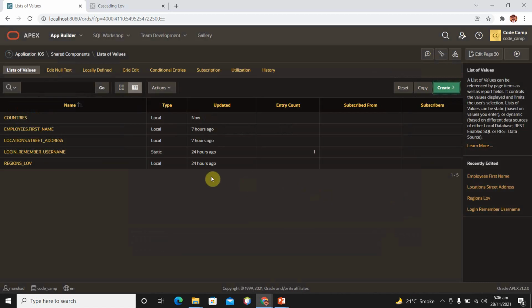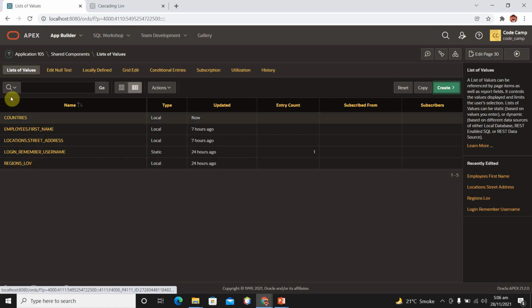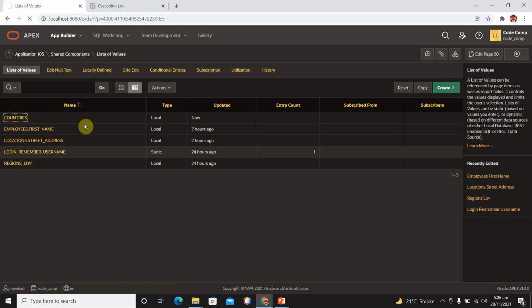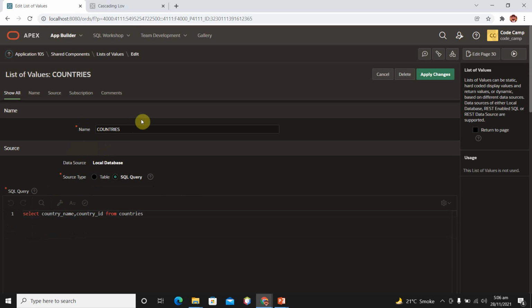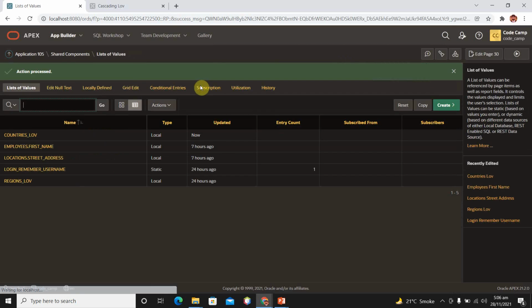Create. So we have created the countries LOV in our shared components. It's countries, not country LOV, so rename it. Save it. So we have the countries LOV and the regions LOV.